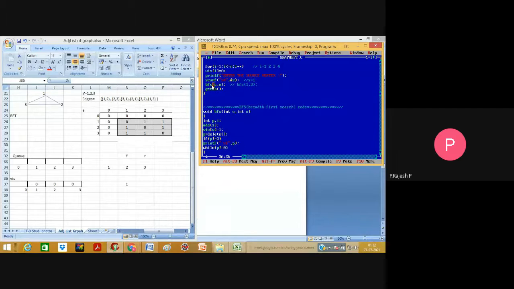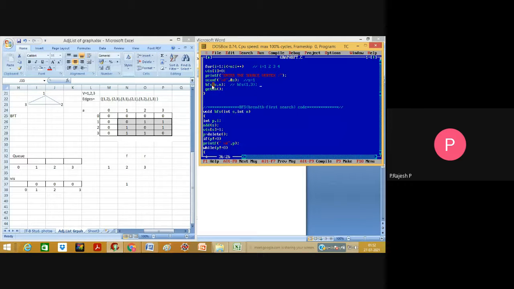You can also write BST or BFT or BFS; all are the same, graph traversals only.